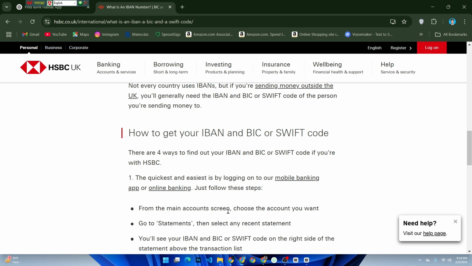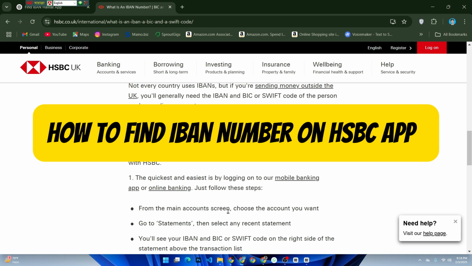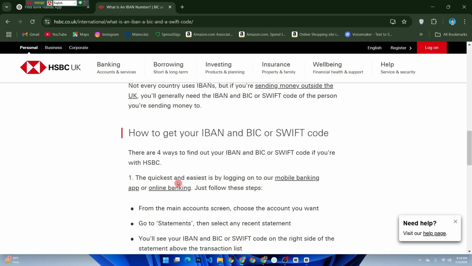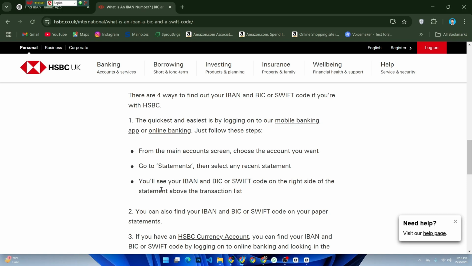Today I'm going to show you how to get your IBAN number for HSBC Bank. First of all, the quickest and easiest is by logging on to our mobile banking app or online banking. Just follow these steps. From the main account screen, choose the account you want, then go to Statements, then select